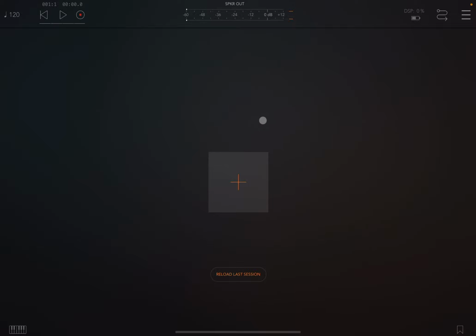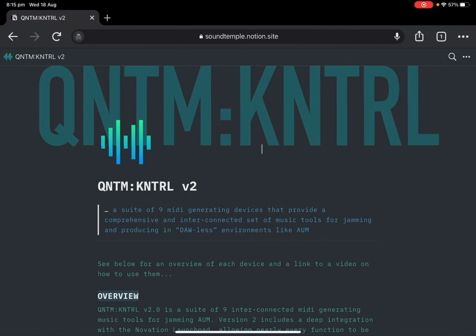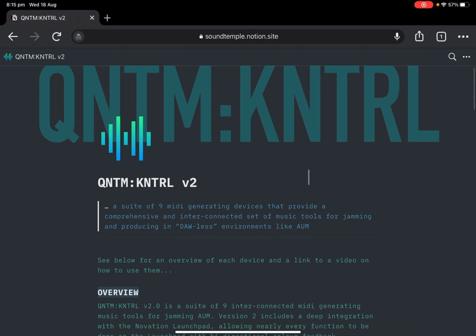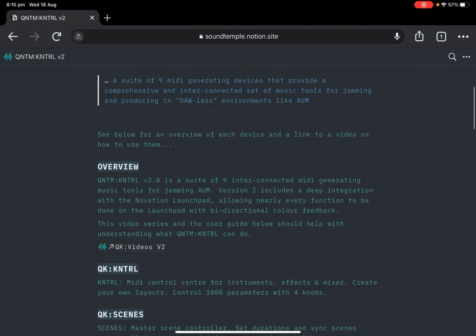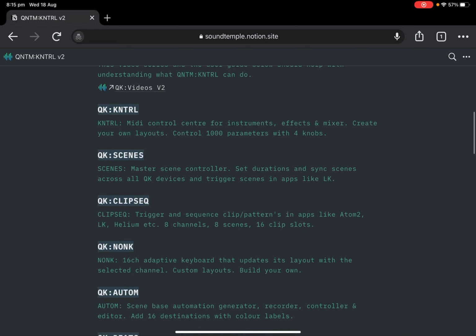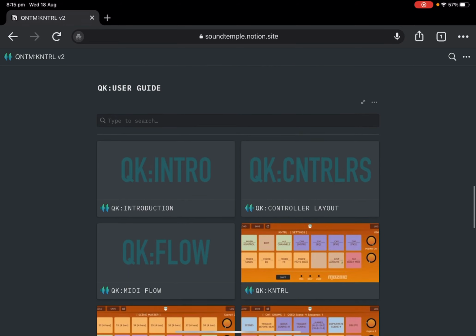First, click on the link provided. I'll put the link in the video and open the link, and it will take you to the quantum control page, which looks like this. And here you can find some information about the project, an overview of the devices, and there's a user guide